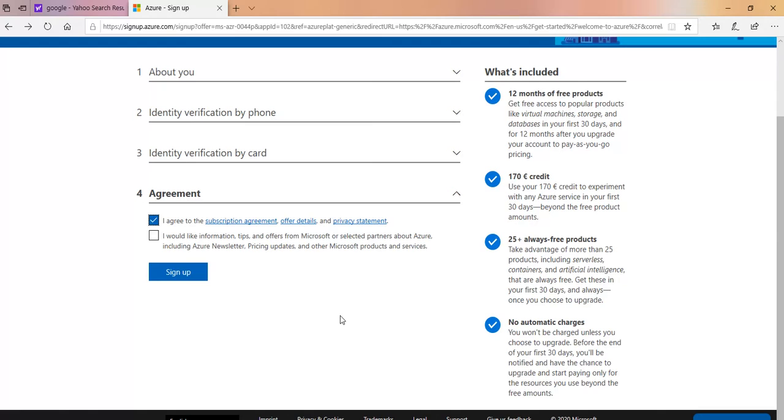Of course, you can upgrade your free account. You see here what's included. It's 12 months of free products, 170 euro credit, which is $200, and of course 25 plus free products and no automatic charges. Of course, I am in Europe, that's why it's showing me the amount in euros. You will see here $200 maybe. And of course, if you are UK based, you will see here some pounds, maybe 150 pounds or something. Anyways, click sign up,